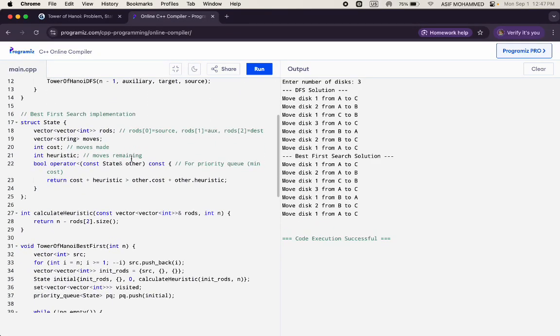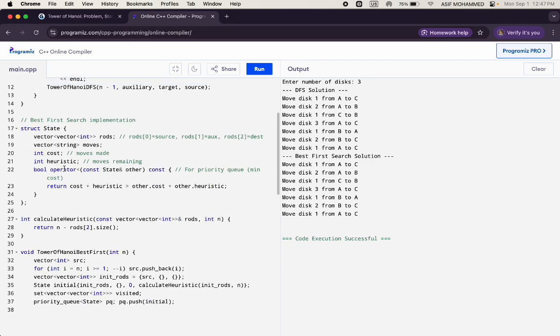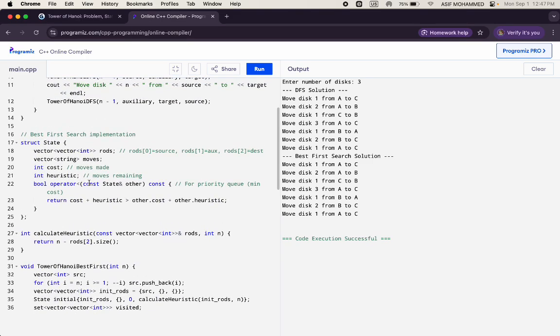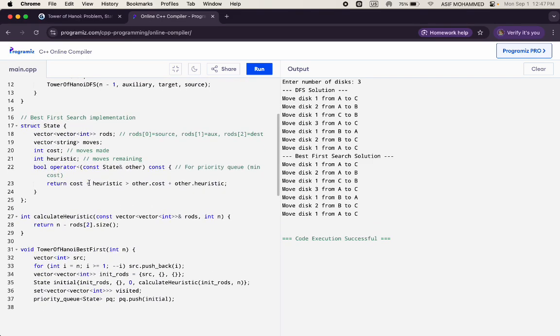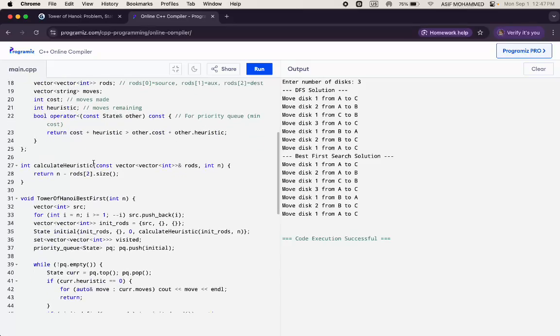Now here we are solving the problem as a state space search. Each state keeps track of the rods where each disk currently is, and the list of moves taken to reach this state. And the cost, how many moves we have done, and the heuristic, how many disks are still not in the destination rod. And coming to the heuristic function,